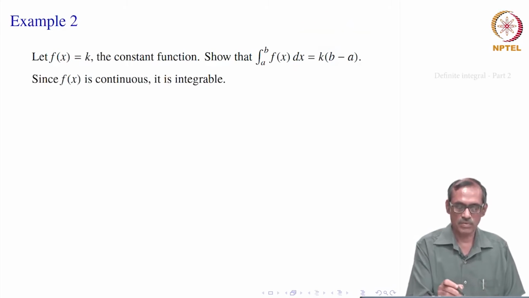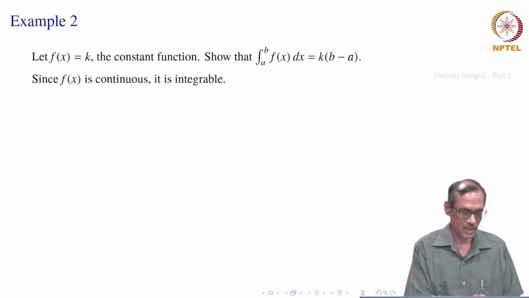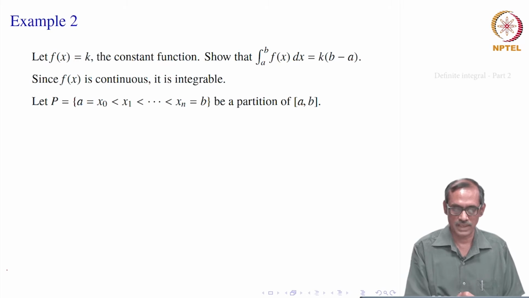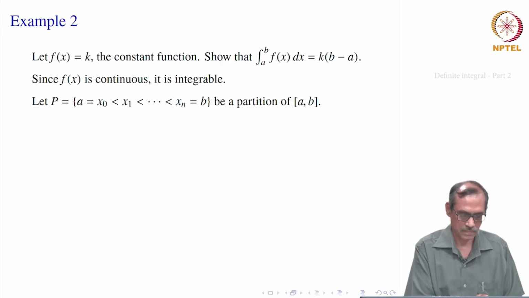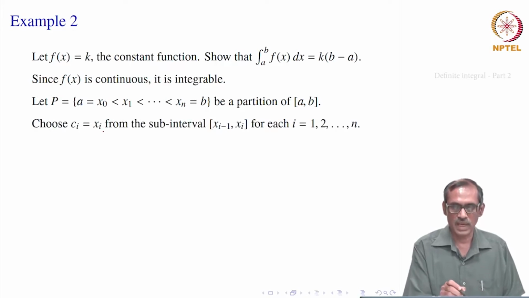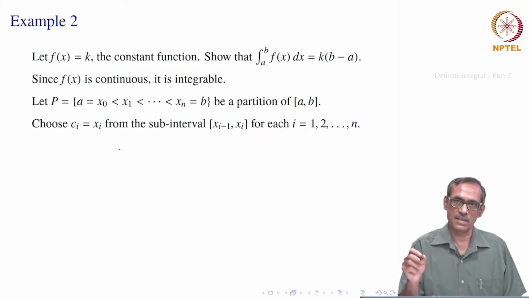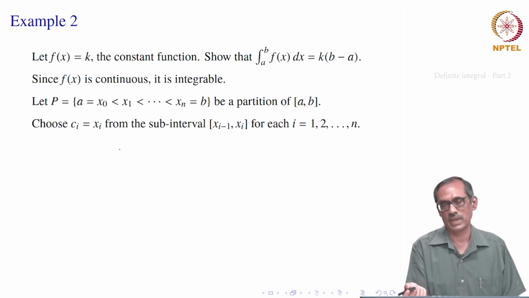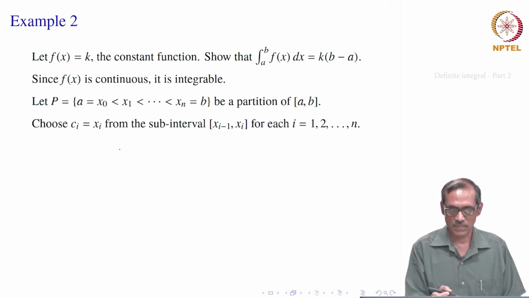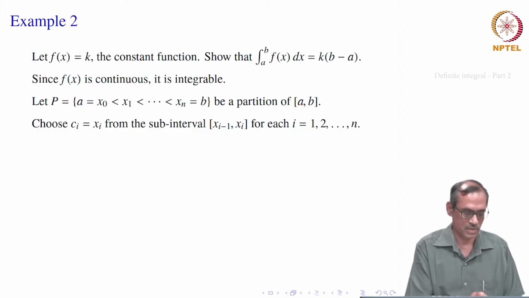Okay. So, what we do? First thing is this function is continuous on the closed interval a b. So, it is integrable, therefore, we can choose any partition. Let us choose a partition P equal to x0, x1, up to xn. In the abstract, we are not giving exactly what values they are, that will not be material here, we will see. So, now we choose Ci equal to xi, again the right end point. You can choose left hand, you can choose anywhere because the function is constant anyway. So, any Ci also will give the same computation here. Now, in each sub interval xi minus 1 to xi, you choose Ci equal to xi.